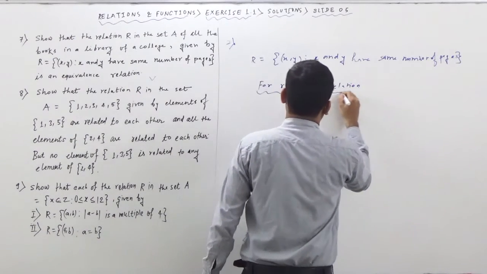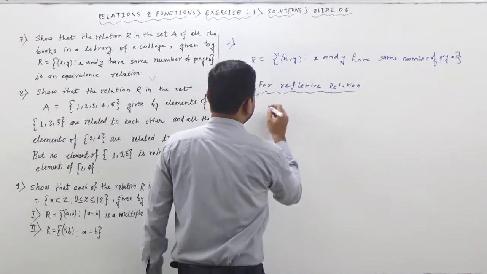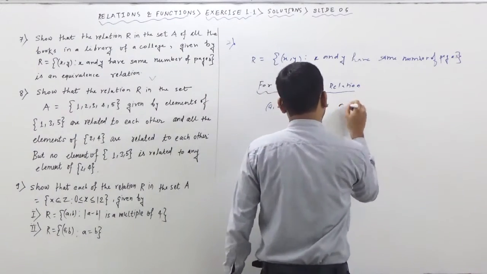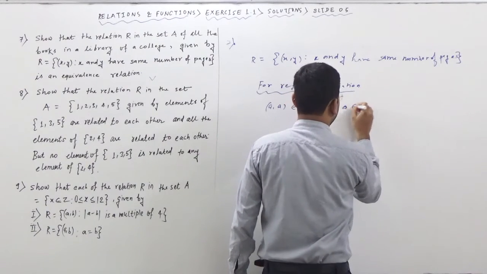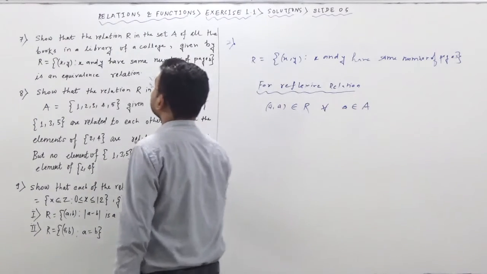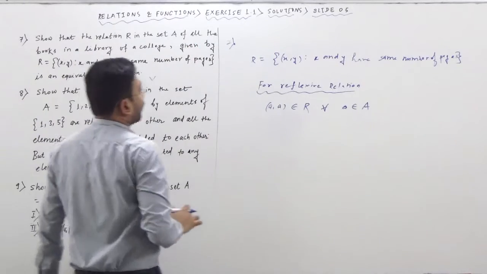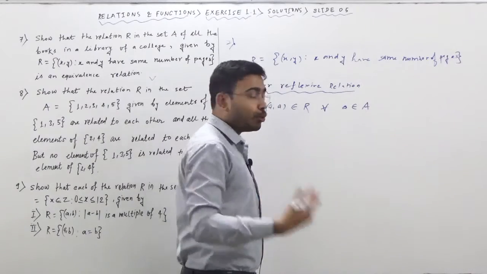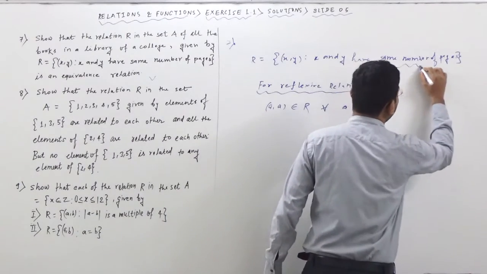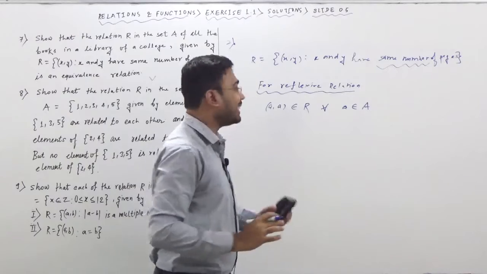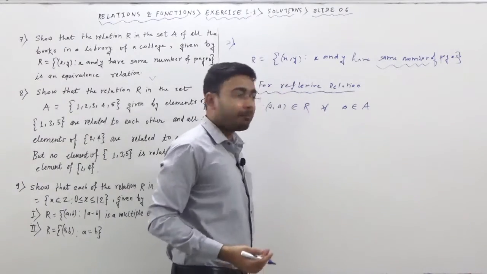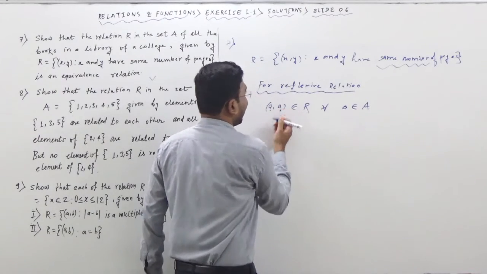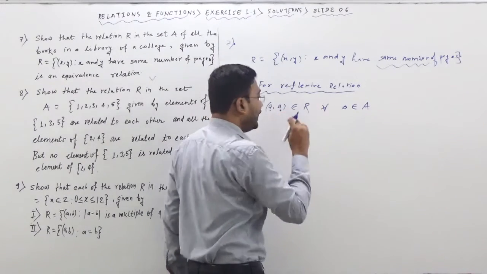See what is given over here in this particular relation. For reflexive relation, what is required? (A, A) needs to belong to this particular R for all A belonging to set A. Set A says all books in a library of a college, and the relation says we have to select only those books which have the same number of pages. We will not select random books. And that is going to be possible when these two books are of the same number of pages. So here (A, A) will exist, yes or no?